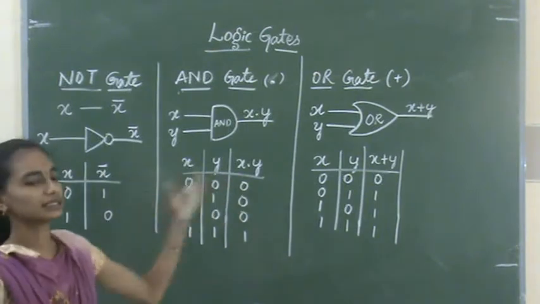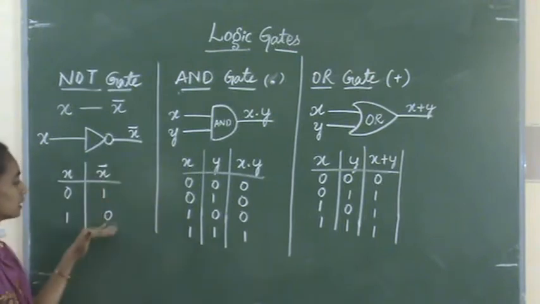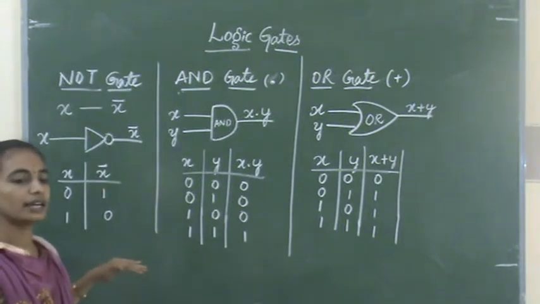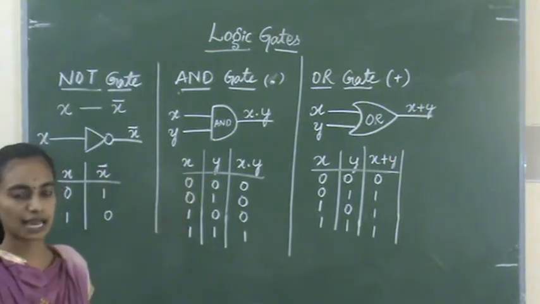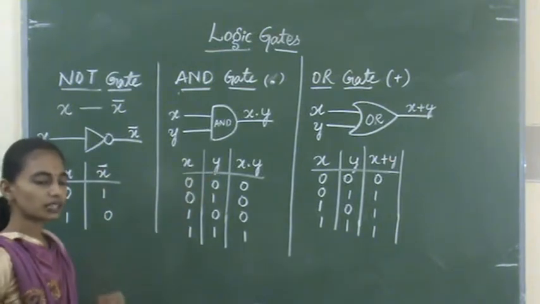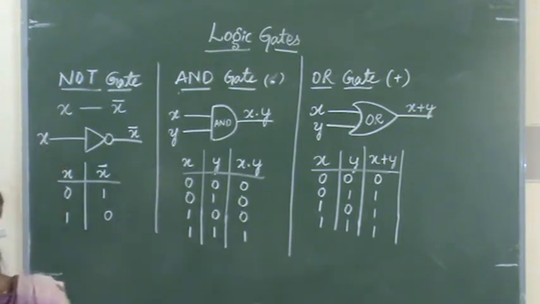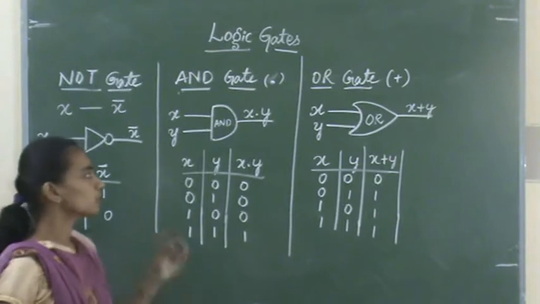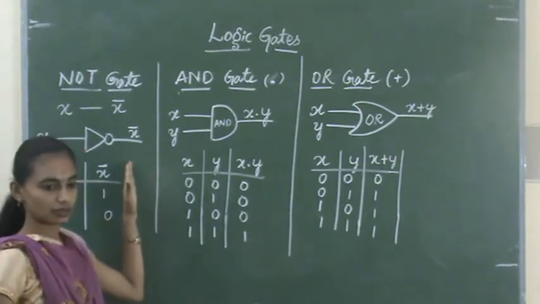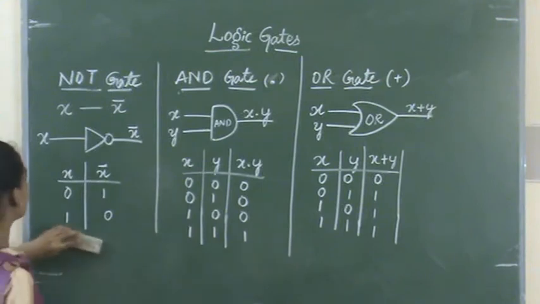So these are the basic gates. This is a logical symbol and this is the truth table, how we are representing it, right? We studied this in detail in the last class, in the previous chapter. Now in this class we will study the derived gates, okay? To know the derived gates, you have to know the basic gates, and we know these things, right? So we will go for derived gates.